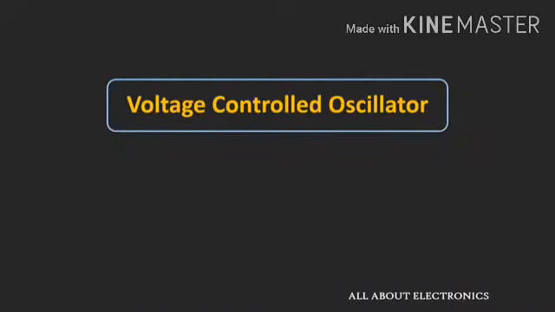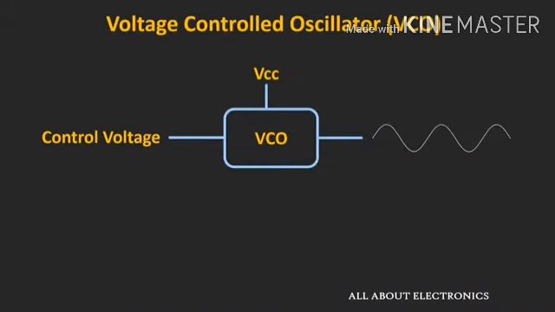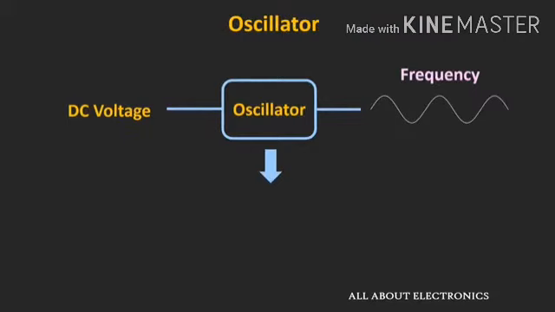We will learn about the voltage control oscillator. As its name suggests, it is an oscillator whose frequency can be controlled by an external voltage. Now in the conventional oscillator, the frequency of the oscillation can be selected by passive components like the resistor, capacitor and the inductor. And by changing the values of these passive components, it is possible to change the oscillation